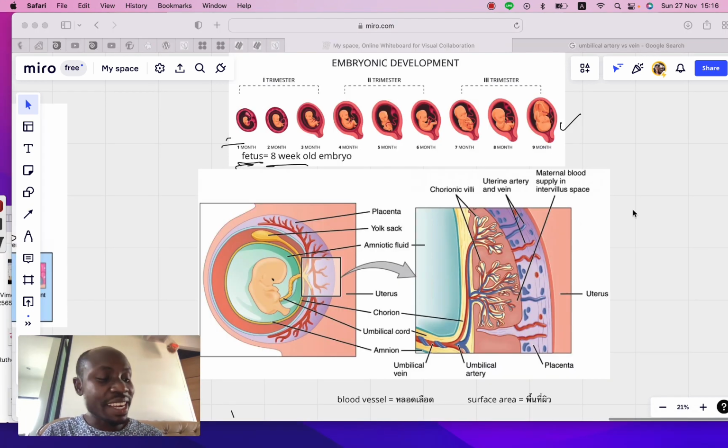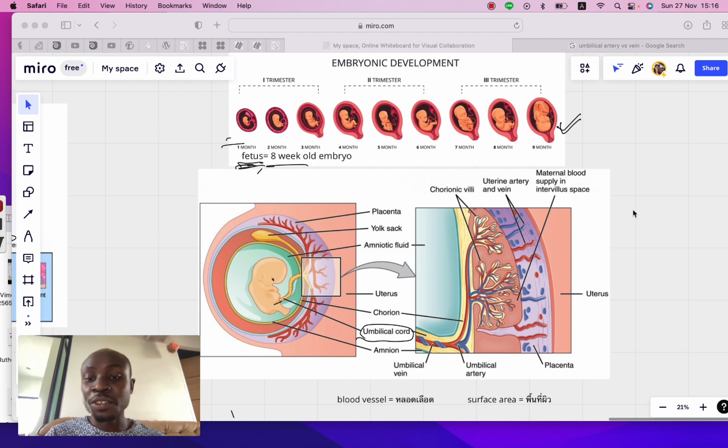Now, this picture right here shows the timeline of how the baby grows in the mother. After about 8 weeks, we start to call it the fetus. So what is a fetus? It's about an 8-week-old embryo, 8 to 9-week-old embryo. Now, this fetus needs oxygen from the mother, but how does it get it? It gets it through this cord or a tube which connects the fetus to the mother, and we call that